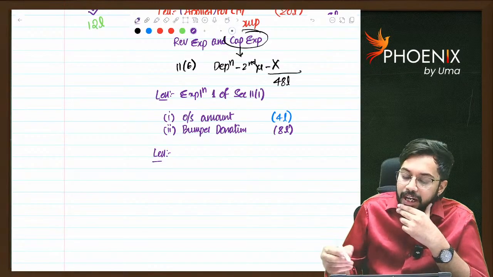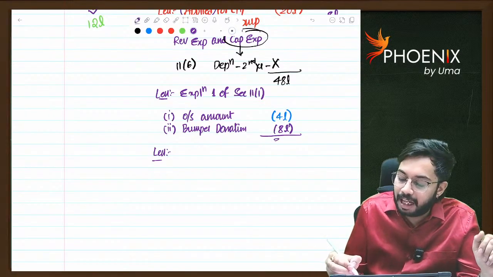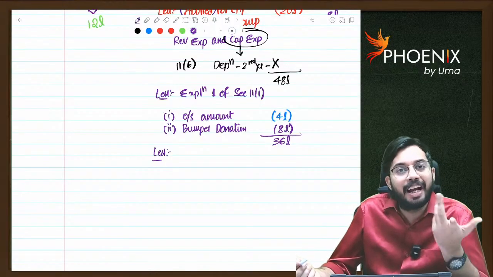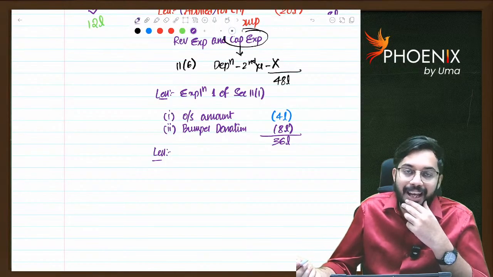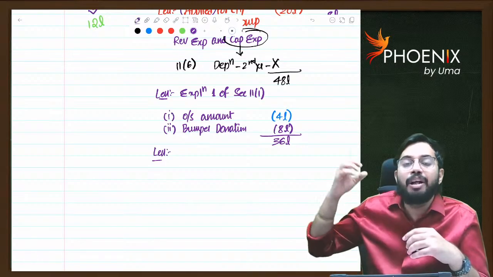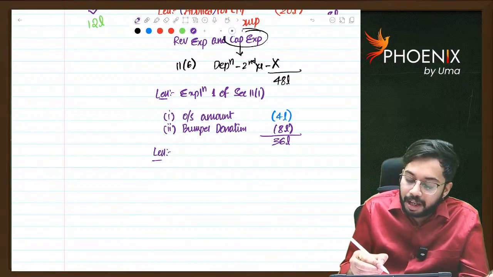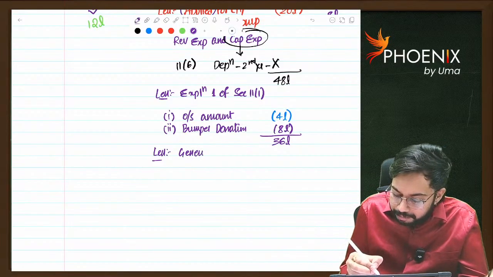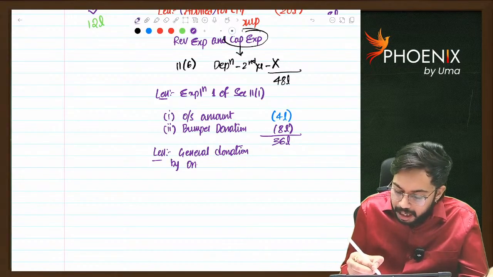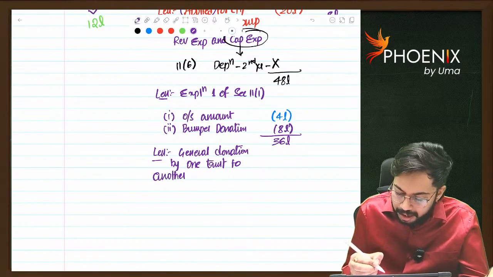Sir, out of 48 lakhs, we have reduced our income by 12 lakhs. 48 minus 12, 36 lakhs. Now, are we required to pay tax on 36 lakhs, or is there any further choice? Yes, further choice is available. If one trust gives a donation to another trust, that is also eligible for deduction, like a general donation by one trust to another registered trust.